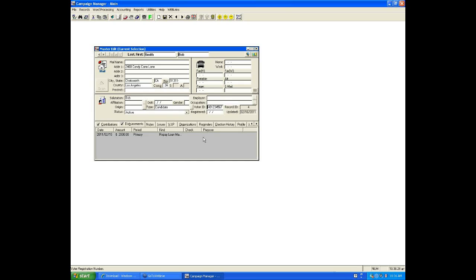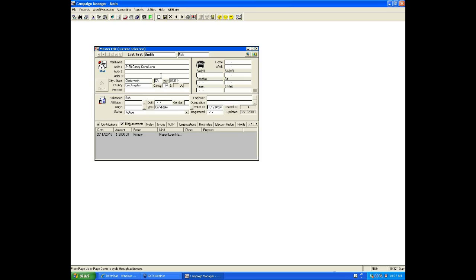Now, since we're on the subject of candidate committee records, sometimes when you're running FEC reports, you'll get a warning message saying that committee records or candidate records are missing some information, such as the address, what office they're in, etc. And you might be trying to wrap your head around this because the address is in here, but the FEC report isn't pulling the address. Well, that's because,